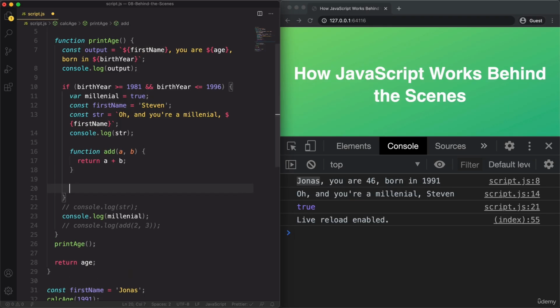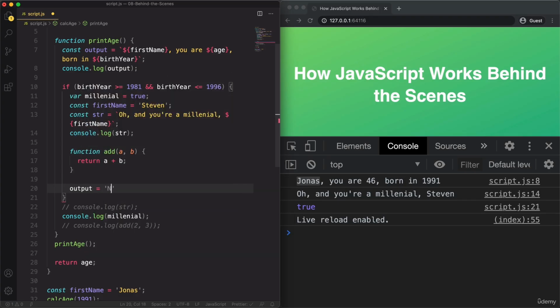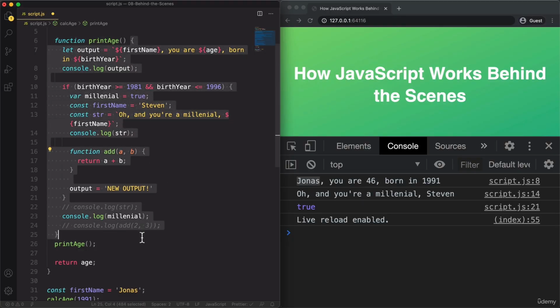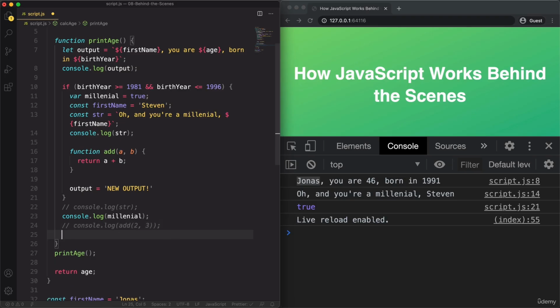So let's do that here. And let's now say output equals new output. And here we then have to change the output to a let. But let's just analyze what we did here. So we are in the print h scope. So that's all of this here. And in here we have the output variable. Then we have an inner scope, so like a child scope here, which then redefines this output variable from the outer scope. And so if we then try to access that output here again,